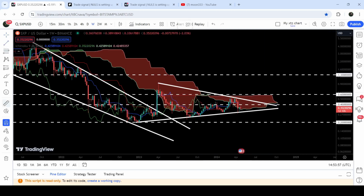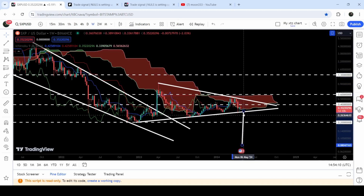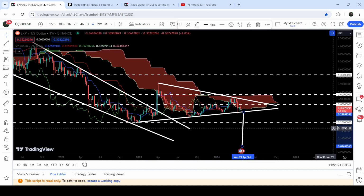Now if we take a look at the targets in case of breaking out this triangle, the target to the upside will be here. That will be approximately at $1.88. By the way, in case of breaking down, I am not expecting a target to the downside here at 76 cents. You can see that it is showing us the target quite down from here in case of breaking it down. Yes, there will be a probability that after the breakdown, the price line may test this long-term support of